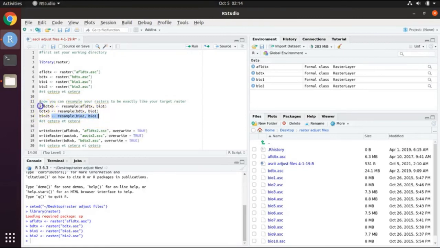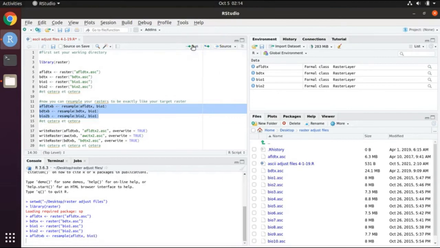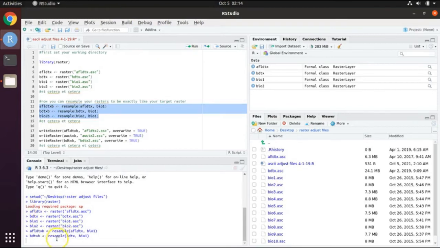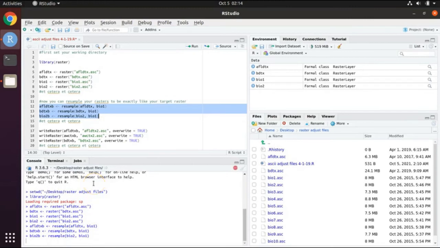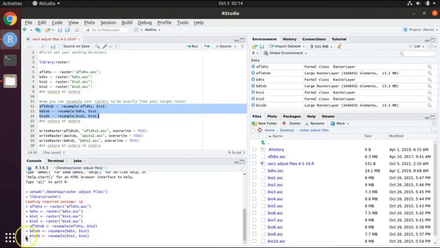Once this is finished, you will highlight all of those lines of code, and you will have many more lines of code than what you see here on my screen. And you will click Run. This will take a few moments. When it's completed,